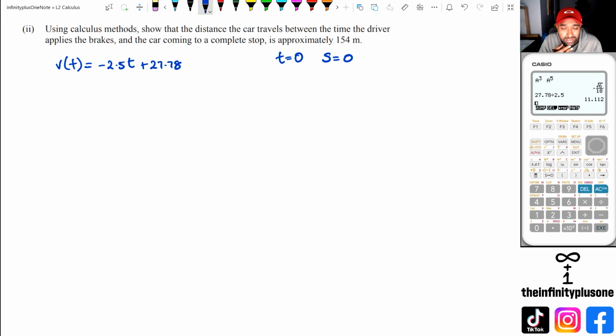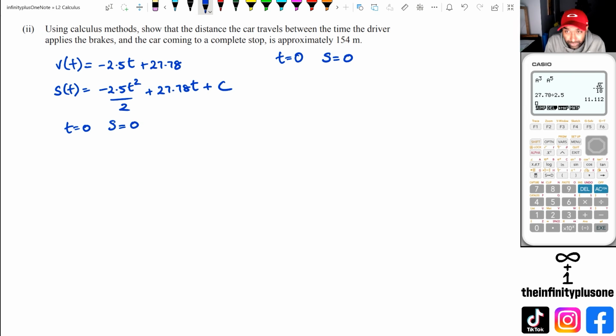So the first thing we're going to need is the formula for the distance. So we're going to integrate this, which means we're going to get negative 2.5 t squared over 2 plus 27.78 t plus another constant. Now, because we know that when t is equal to 0, s is equal to 0, because we're trying to measure the distance from the moment the car stopped. So because of that, we can ignore c here and just write down s of t is equal to minus 2.5 t squared over 2 plus